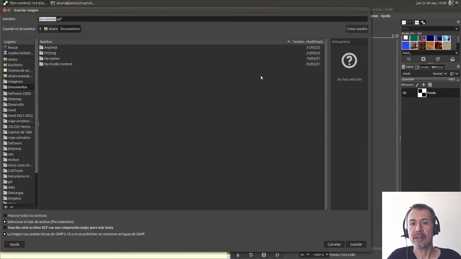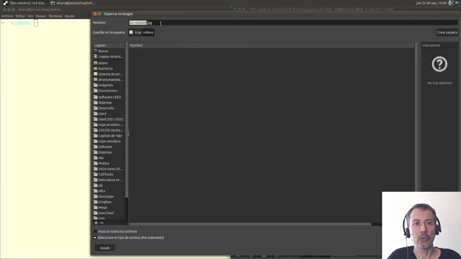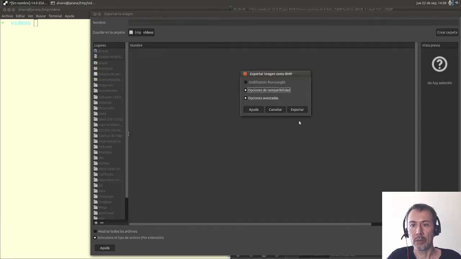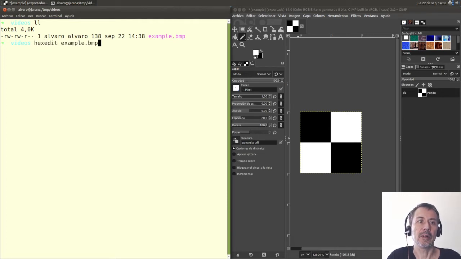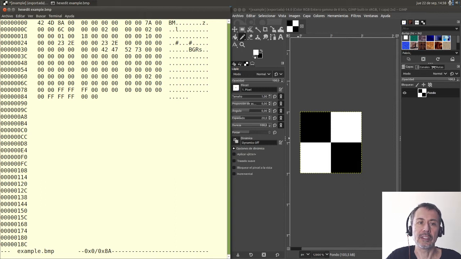I will save it. Sorry, I need to export it using BMP, with default data. Okay, so we have here the contents of the image. If we open it using the hexadecimal editor, we can see here the contents of the file. We have a header. All images have a header indicating this is the format of the file, some additional content like the number of bits used by pixel, the size of the image, and things like that. And the real data of our image starts here. Those are the pixels